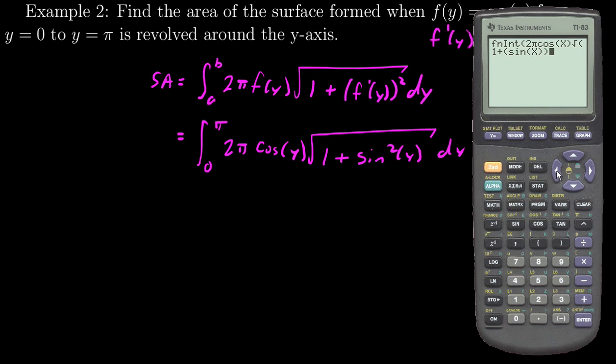I could also, and this is the way I type it, just type it like this. The calculator will do sine squared x this way. Just be careful not to put the squared on the x. That is the sine of x squared, which is completely different. And I'll close off the parentheses for the square root, comma, x, comma, 0, comma, pi. And this gives me, hopefully not an error,